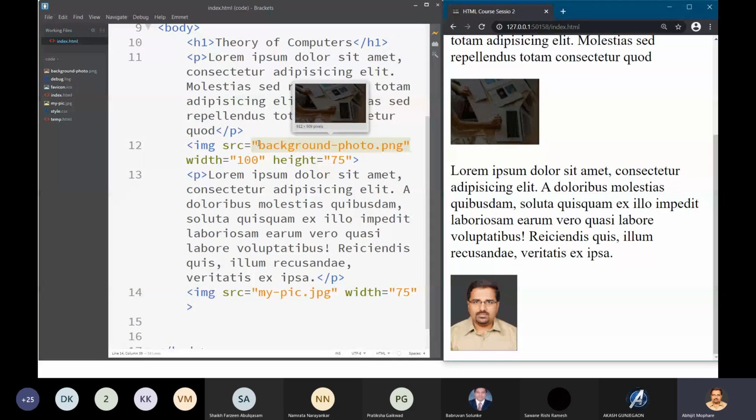In that case, it may be possible that the server or location from where you are fetching the image may be down, so the image is not available. Or by any reason, if the image is not available to the browser for displaying, what will happen? Suppose I make a mistake here. See, immediately you can see what has happened: instead of the image, there is some lag. I will wait.